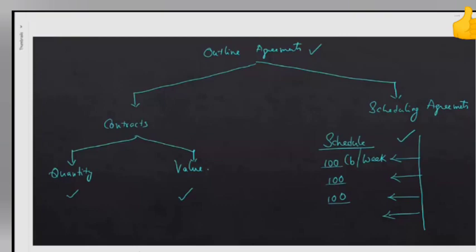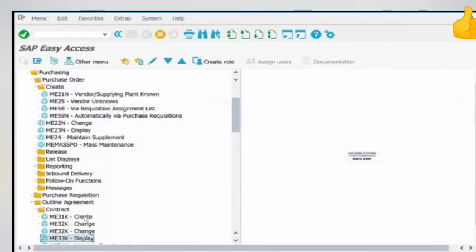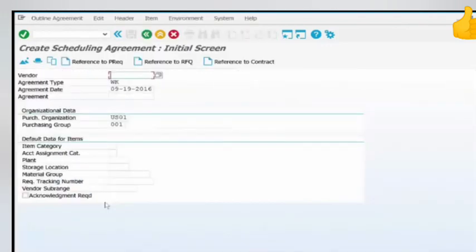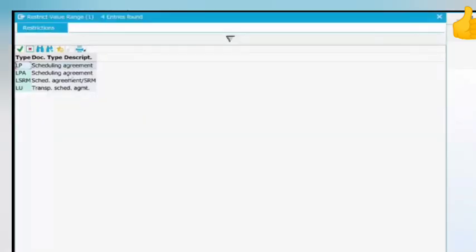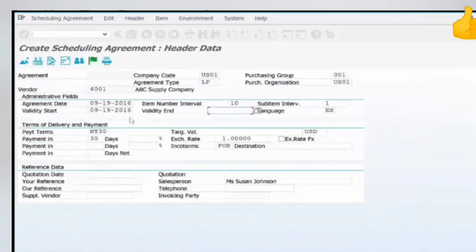So let's go create one. How do you do that? Close contracts and open scheduling agreements. Create vendor unknown, and for vendor 4001, agreement type is scheduling agreement, LP. So LPA is more involved, so let's not go there. Let's just select scheduling agreement, right? And for US01 company code,